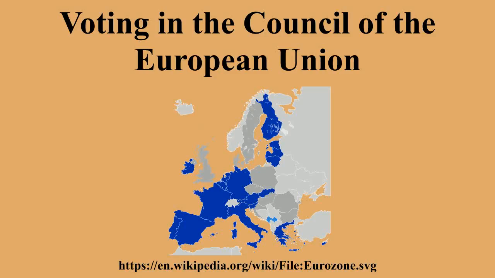Unanimity. Certain policy fields remain subject to unanimity in whole or in part, such as membership of the Union, change of the status of an overseas country or territory to an outermost region or vice versa, taxation, the finances of the Union, harmonization in the field of social security and social protection, certain provisions in the field of justice and home affairs, the flexibility clause allowing the Union to act to achieve one of its objectives in the absence of a specific legal basis in the treaties, the common foreign and security policy, with the exception of certain clearly defined cases, the common security and defense policy, with the exception of the establishment of permanent structured cooperation, citizenship, certain institutional issues,